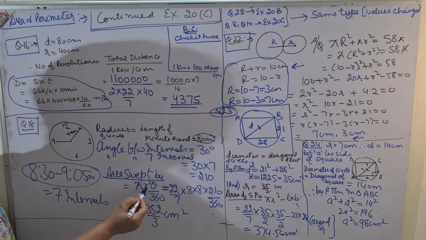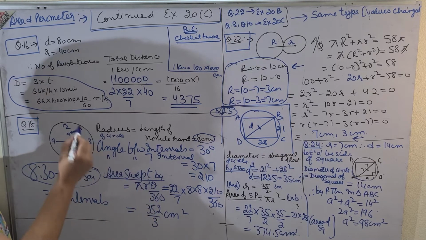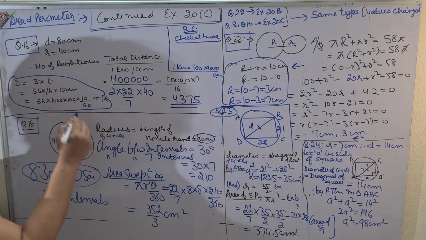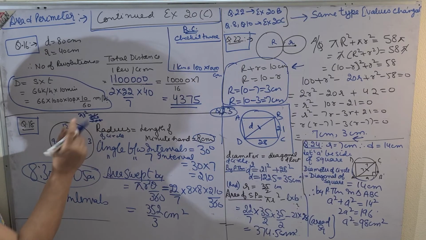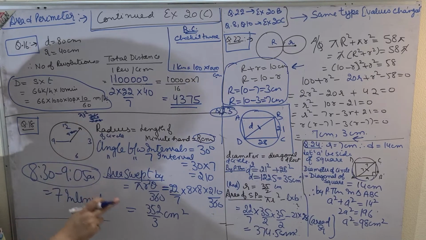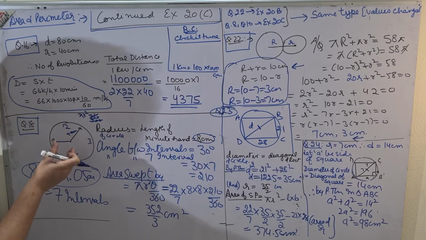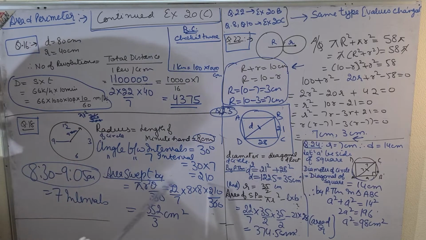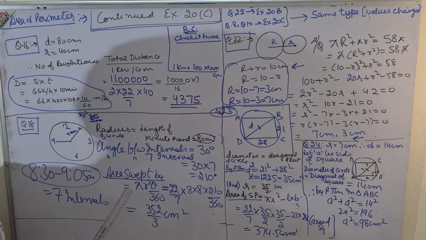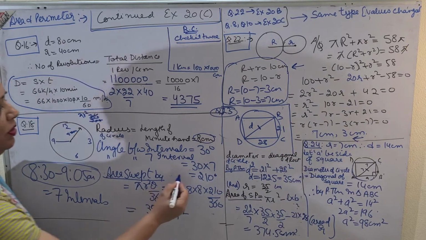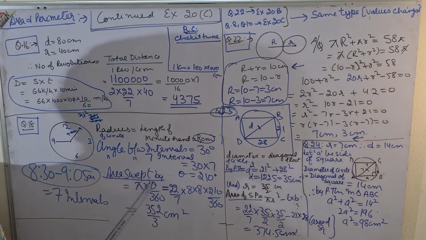So area swept, now please understand the formula. Area swept will be pi r square theta upon 360. Why have I taken theta upon 360? Because if I have to take the area of the full circle, I will take pi r square into 360 upon 360. Since 360 cancels, the answer is pi r square. But over here I have to calculate only a portion of the area, and that portion, which I have already calculated, is 210 degree. So putting the values, pi r square theta, where theta is 210 degree.